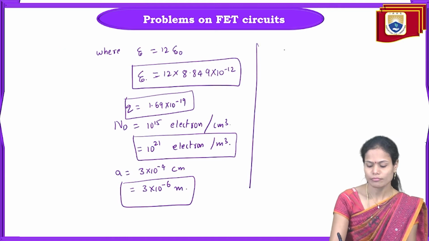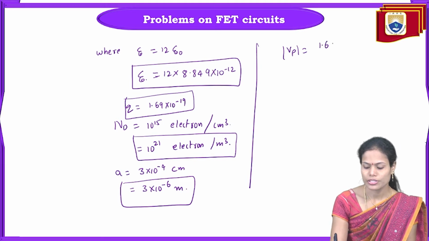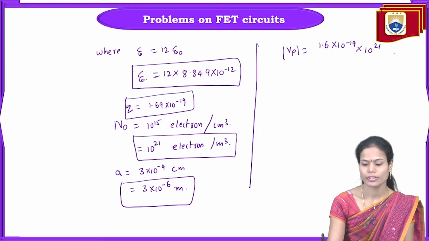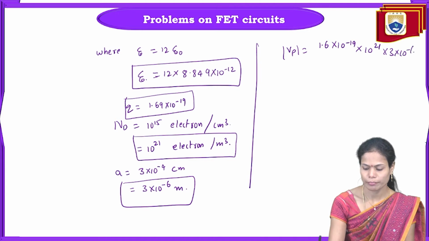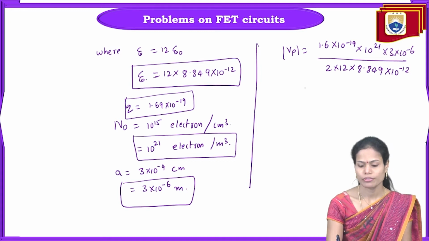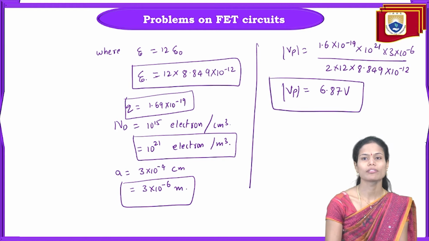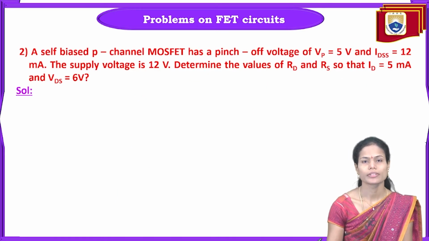So that is Vp is equal to Q into, that is 1.6 into 10 power minus 19 into 10 power 21 into 3 into 10 power minus 6, this is the A value, divided by 2 into 12 into 8.849 into 10 power minus 2. So if we simplify this, we will get 6.87 volts as the pinch off voltage of the given N-channel FET here. So while coming to the second problem, it is a self-biased P-channel MOSFET has a pinch